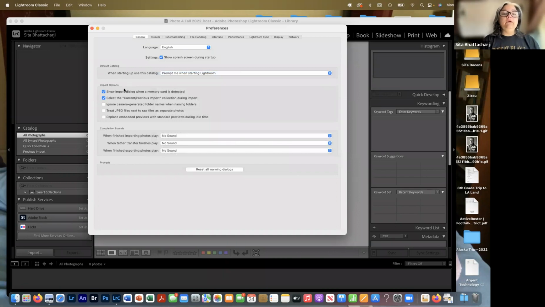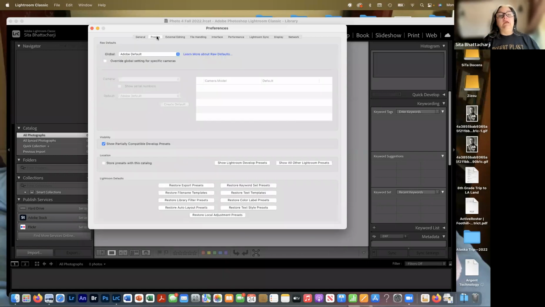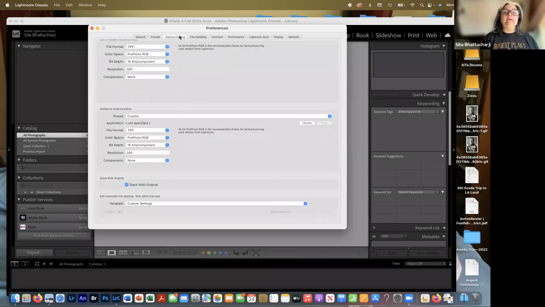And then import options, I have the first 2 checked, and these are default, and that's fine. So next up here after general, it says presets, and I leave that to the defaults for the time being. External editing,